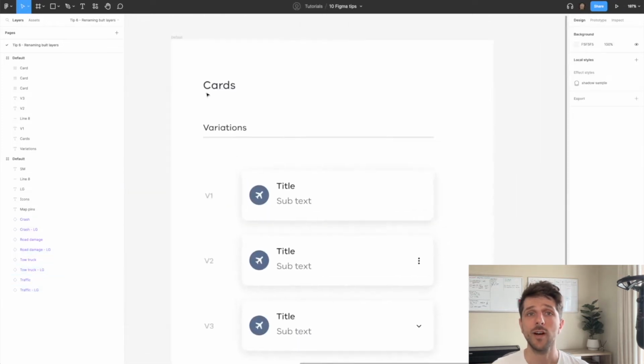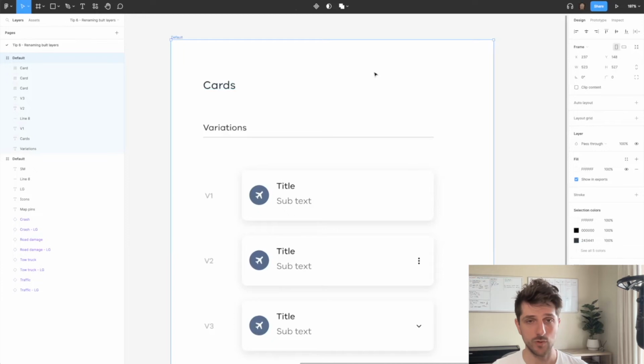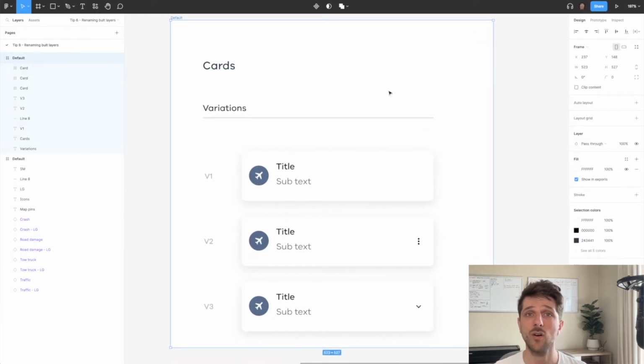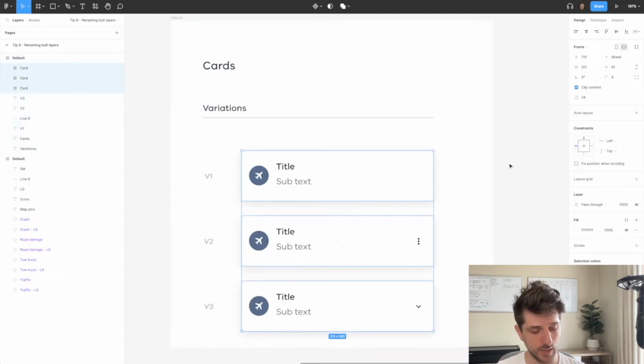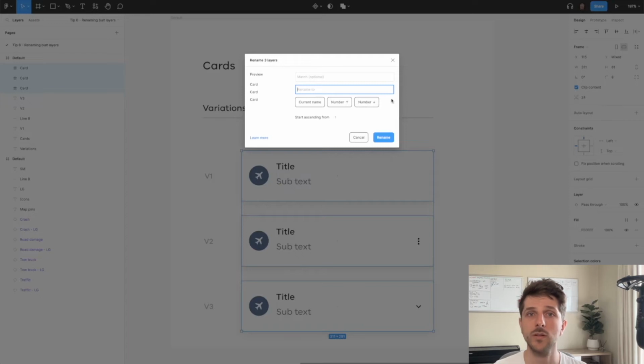Now, what if I want to do the same? So I want to rename multiple layers, but instead of appending some text to it, I want to append a descending or an ascending order to each of those renamed layers. I could do the same. So for instance, let's say I've got 3 different cards here, version 1, version 2, and version 3. I can select all of these cards. Again, go to the renaming panel here, use the current name, and now when we type in our version here,